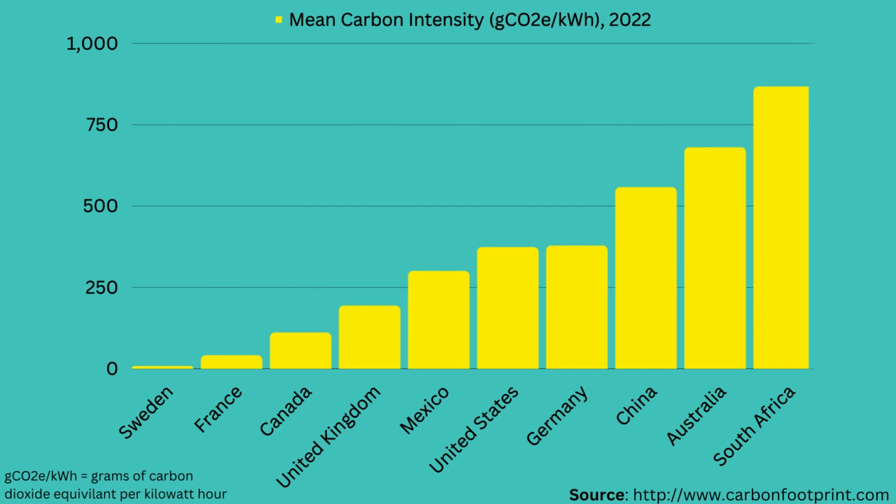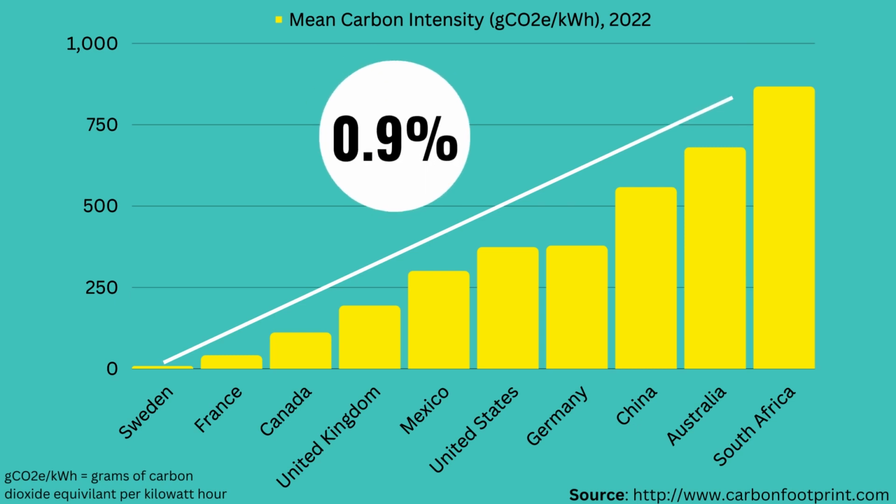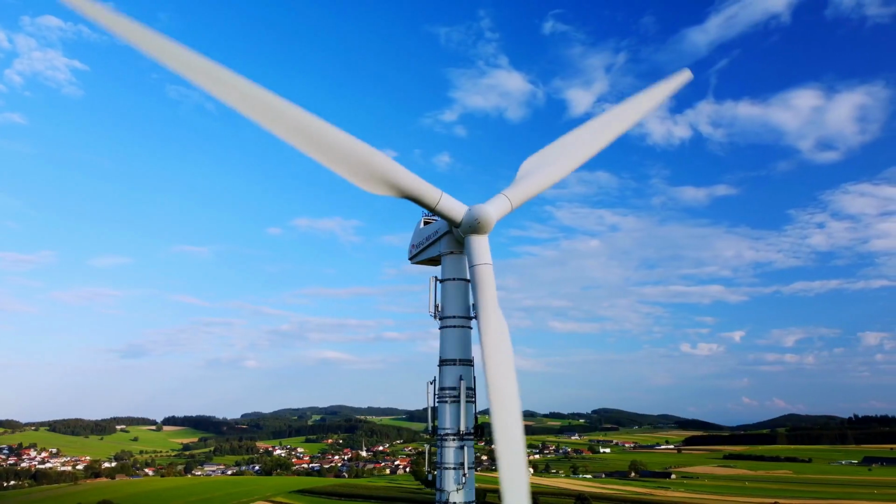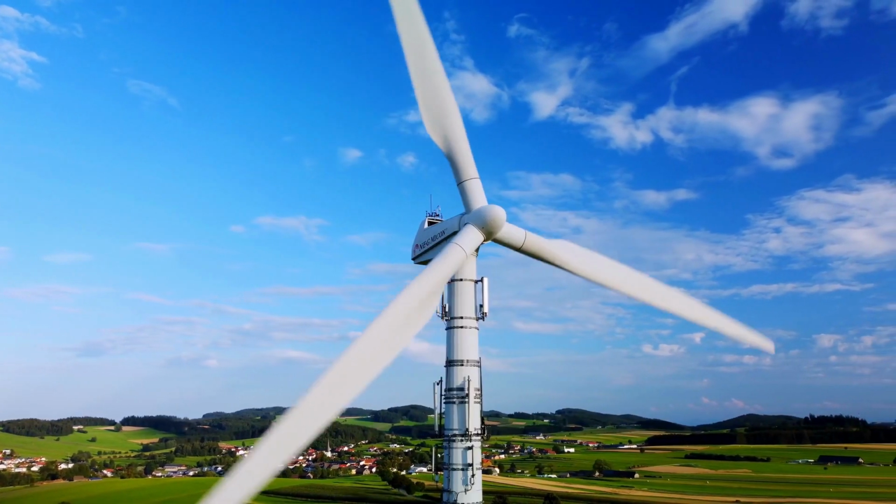Carbon intensity also varies between and within countries, given that different regions rely differentially on more and less carbon-intensive energy sources. For example, the average carbon intensity of energy in Sweden is only 0.9% that of South Africa. You can make use of this information when choosing between cloud computing services, which may be based in more or less carbon-intensive regions. So remember, you can reduce your carbon footprint simply by adjusting the time and